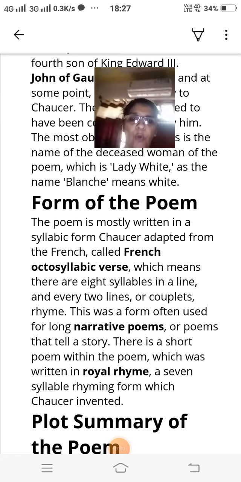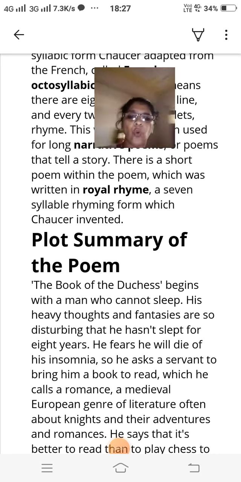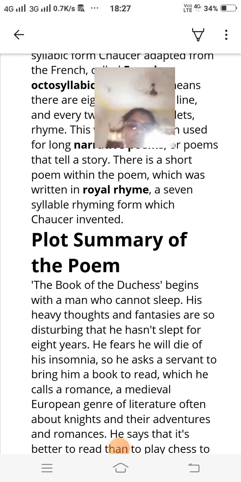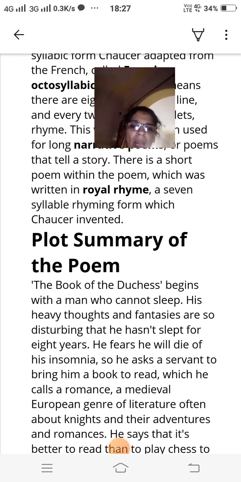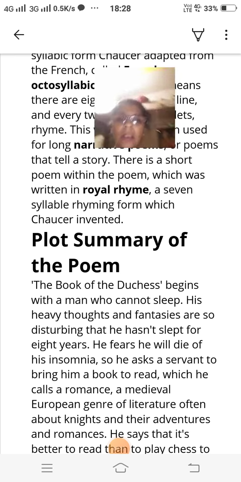Plot summary of the poem. The Book of the Duchess begins with a man who cannot sleep. His heavy thoughts and fantasies are so disturbing that he has not slept for 8 years. He fears he will die of his insomnia. So he asks a servant to bring him a book to read, which he calls a romance,